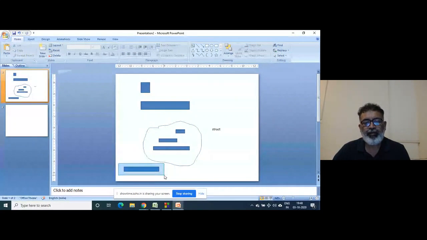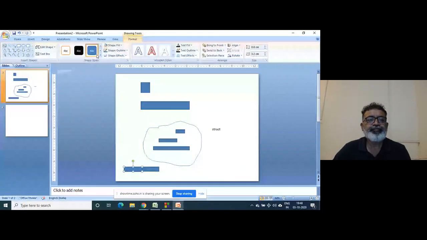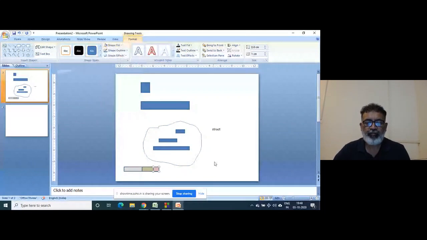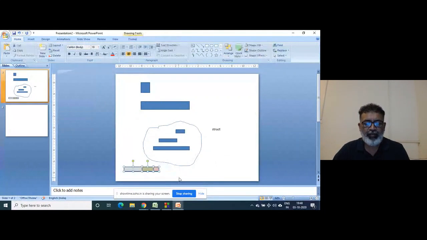This will be one structure variable, right? This is one structure variable.